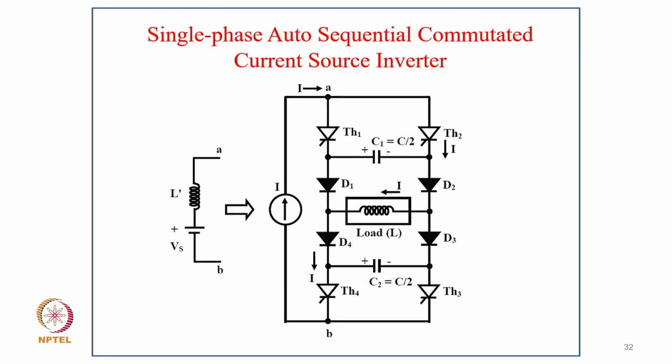And this is of course another basic concept, the single phase auto sequential commutated current source inverter. In this case we are using additional diodes and capacitors for the purpose of commutation. It is called an auto sequential commutation circuit, which is widely popular even for induction motor drives or many motor drives. When you fire the thyristor, along with that the capacitor will also get charged, and it virtually forces commutation of the previously conducting thyristors, and since voltage is low, current rushes towards that side.